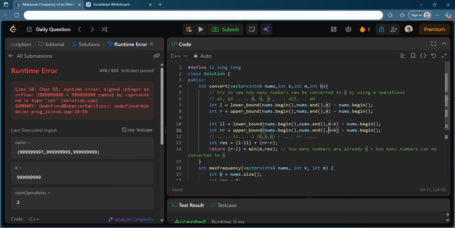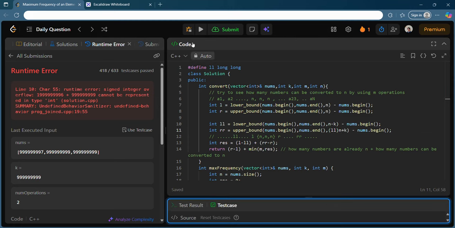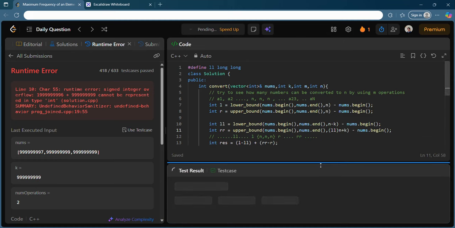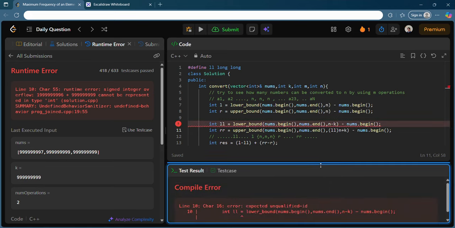Basically this n plus k is unable to fit in the integer format. So why not have this as long and try to check if it works. I will use this test case and try to make it work. Will it still give me an error?